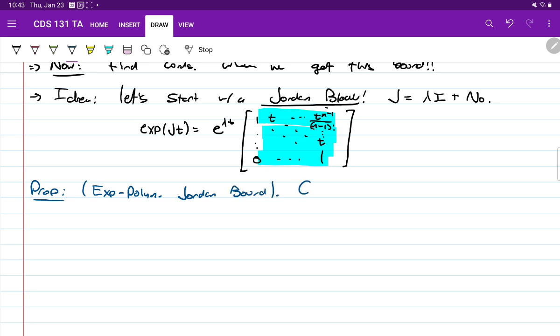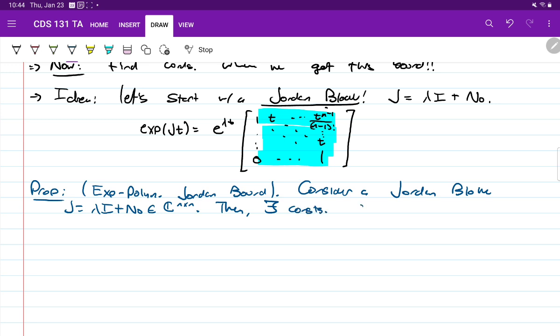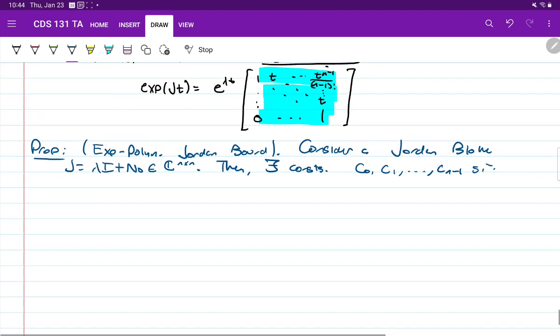What I'll say is consider a Jordan block J equals lambda I plus N naught, where this belongs to R^(n×n). Actually, let's take this in C^(n×n). All right? So then there exist constants c0, c1, all the way up until c_(n-1), such that